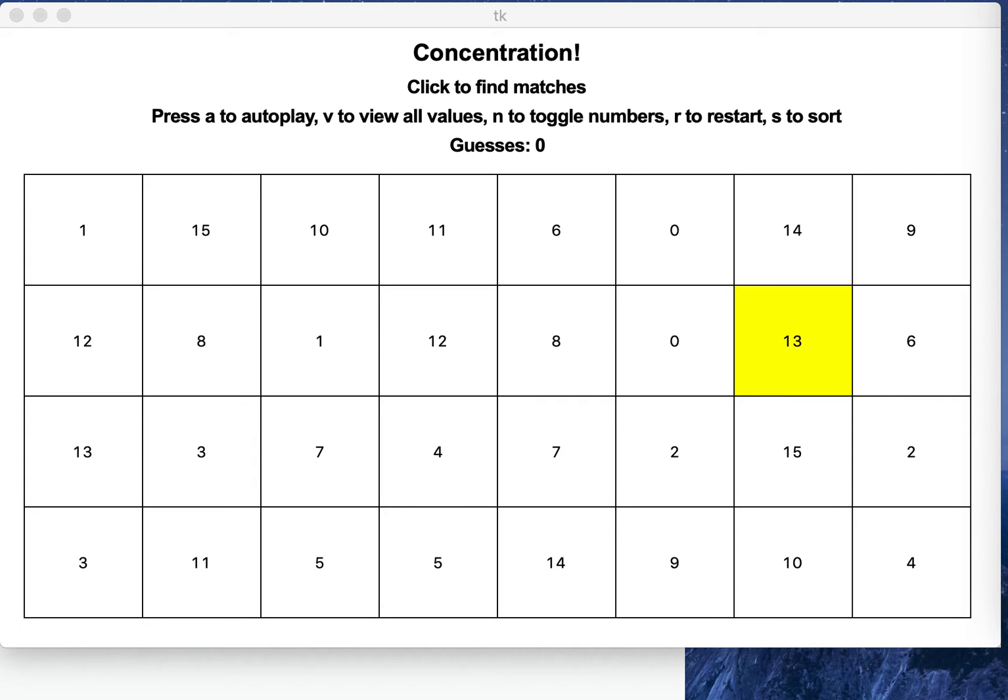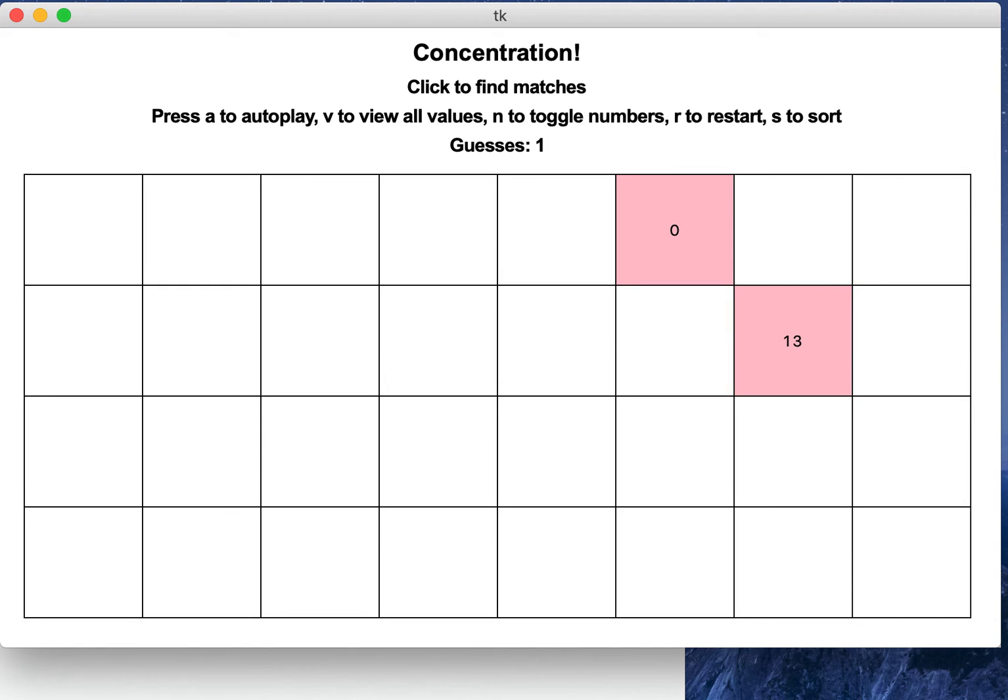We also recommend that you print out the values as you're doing this in your console. Because then you can look, you can't see right here, but if I turn these values off, I'll go here and turn them off, I still can see over my console the values. Like I know there's a 1 here, and I know there's a 1 right there. And so for debugging purposes, that's very handy. Okay,